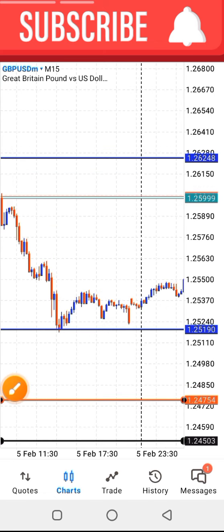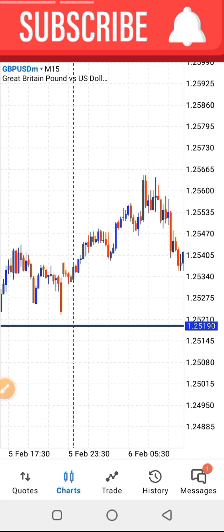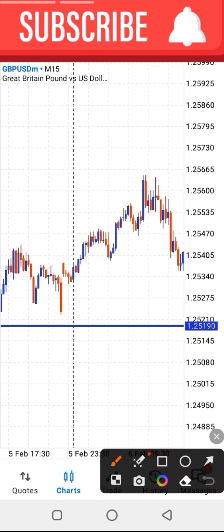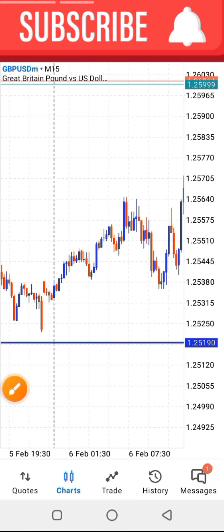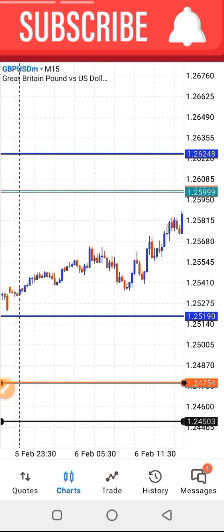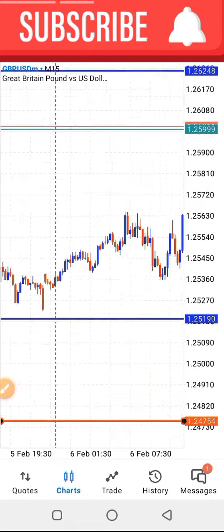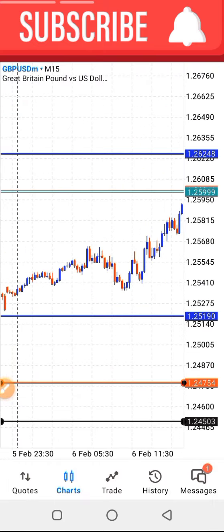So on Tuesday, you can see the vertical broken lines have showed us that this is where we entered Tuesday. So this is going to be like early morning on Tuesday. What you want to do is wait for either the top parts or the bottom parts to get broken. Okay, so let's see what happened on Tuesday. Nothing happened on Tuesday, so you won't be able to take any trade on Tuesday,